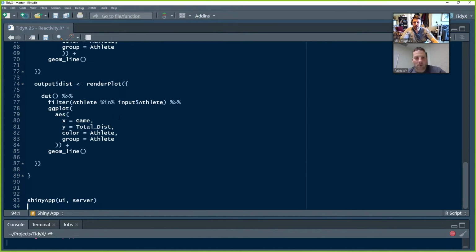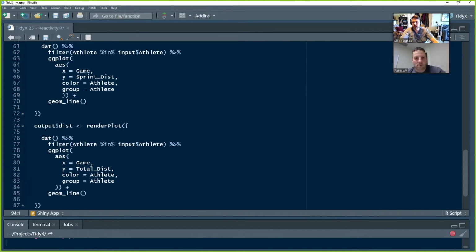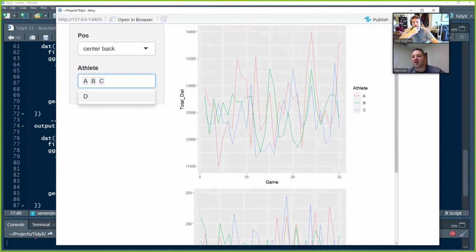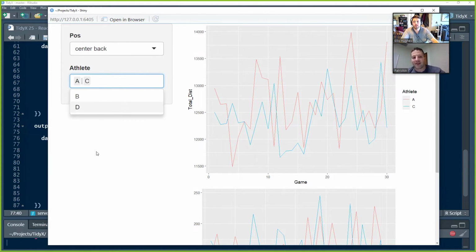Now it was able to filter, and input$athlete now had athletes A, B, C selected. So now it had actual data going into our ggplot, and it was coloring by athlete. And the nice part about that selectizeInput is that we can delete athlete B by himself, and we can enter in athlete D instead. And it's a drop down, but it's also